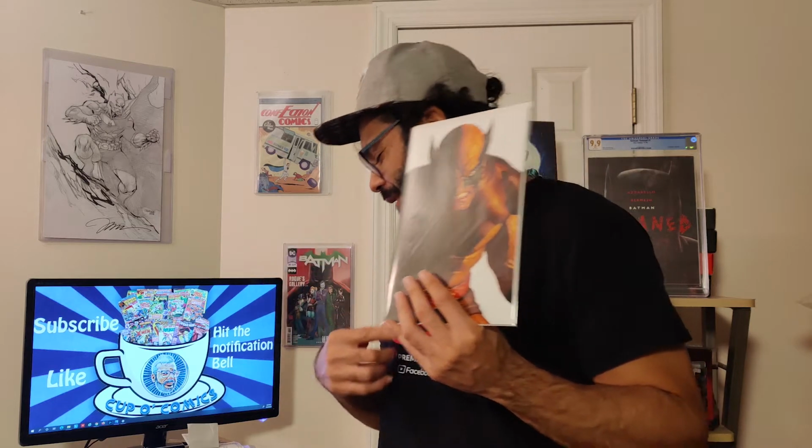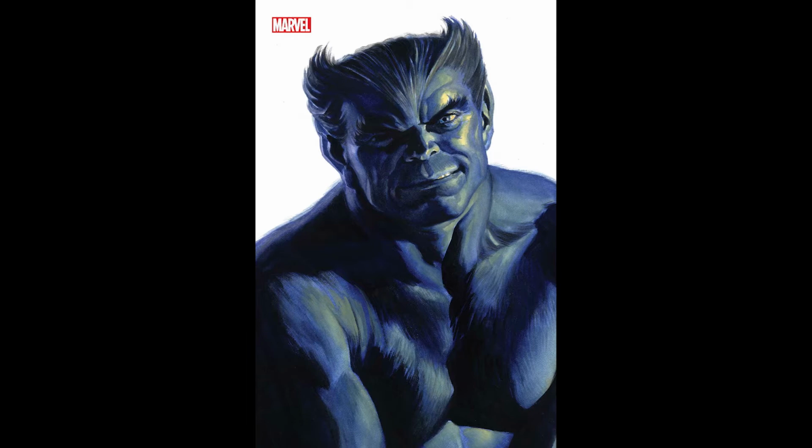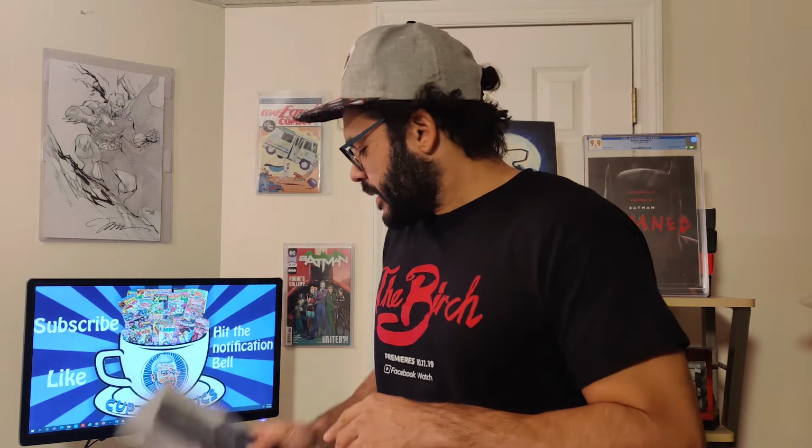but he doesn't get the sword in this issue because we have X-Force number 13. We also got the Alex Ross Timeless variant on this one with the Beast, and this is the actual issue where Wolverine acquires the sword, and he's got to make a little pact. He's got to give up a little something to get that sword. Spoiler, he ends up in hell in the book, but he gets the sword. So there you go, little review. Good. They were both good. This is part 4, so you got part 3, part 4,